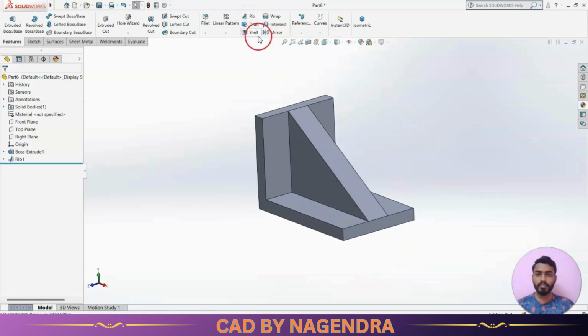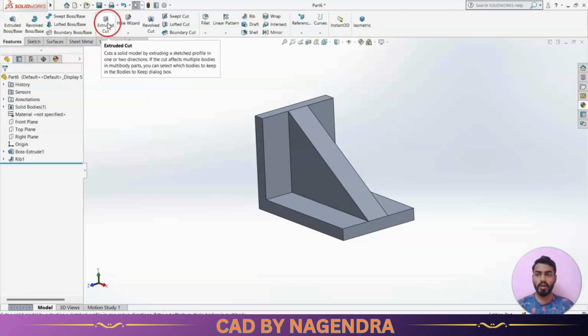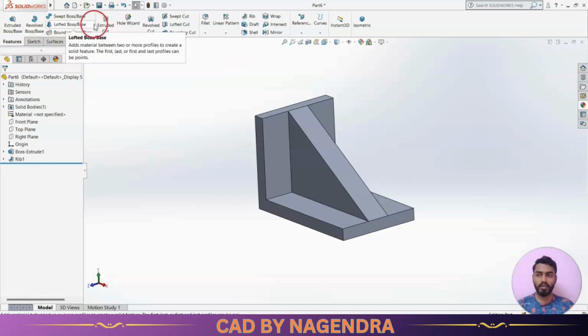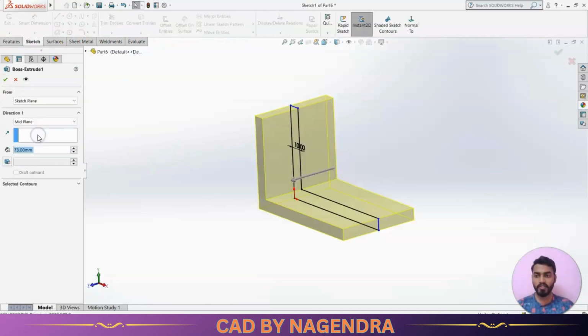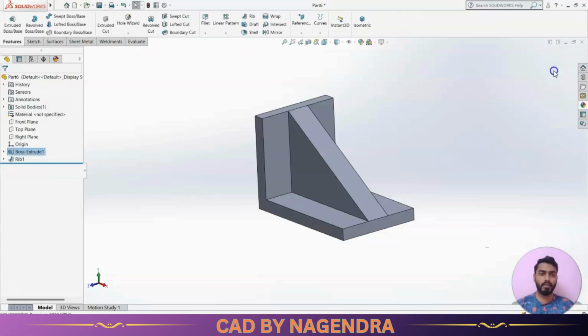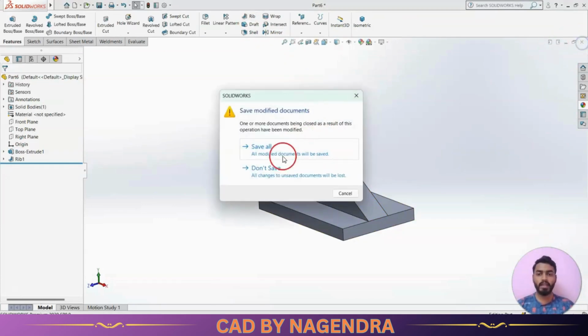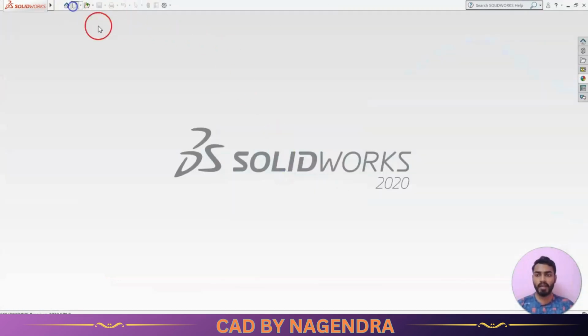Then next we can see here draft. This draft option we are seeing from this boss extrude or extruded cut or revolved boss, swept cut. Everywhere we have seen this draft. So if I go for edit feature, we'll be having here draft. Similar to that, manually we can use here draft option to make it taper faces. For example,